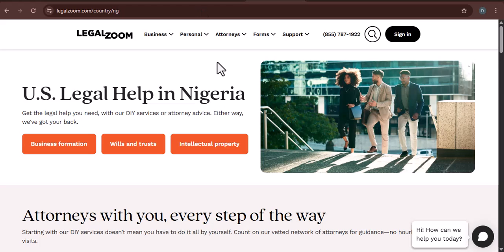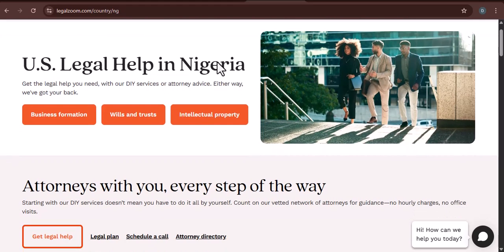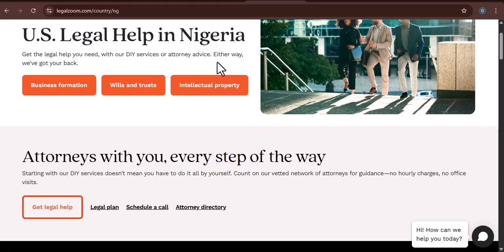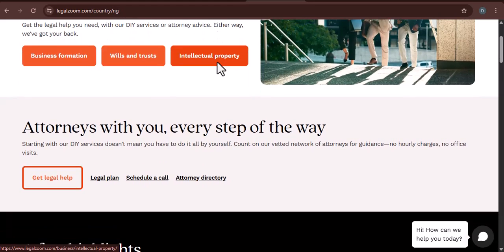Finally, for certain issues, LegalZoom also offers a chat option on their website. This can be a good middle ground if you prefer not to call but need a quicker response than email. Look for a Chat with Us button on their